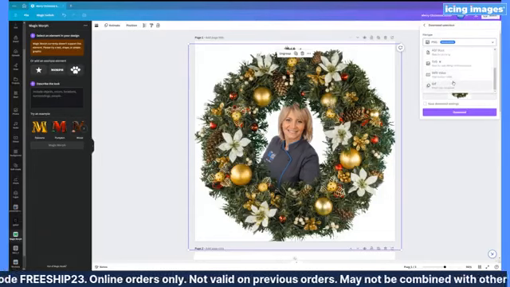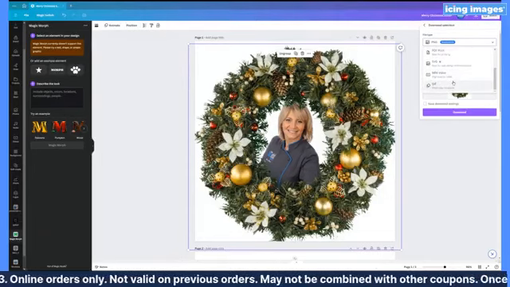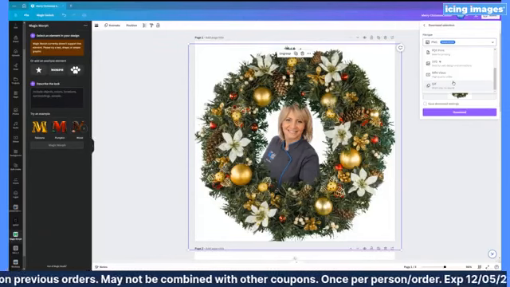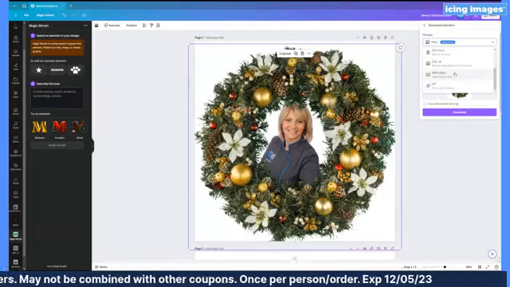Also, I didn't go into any of the video features, but this thing will actually create movement as well. And so you can save it there. I've done a lot